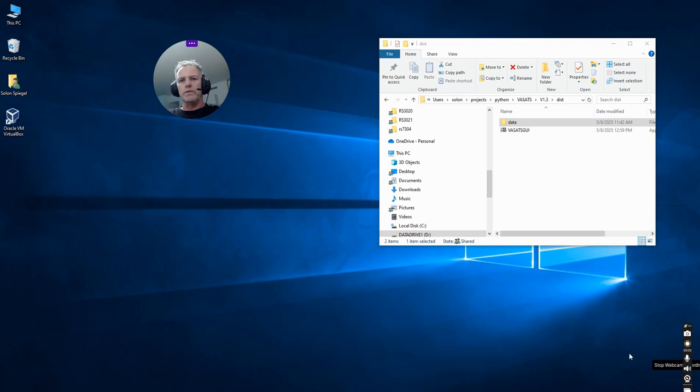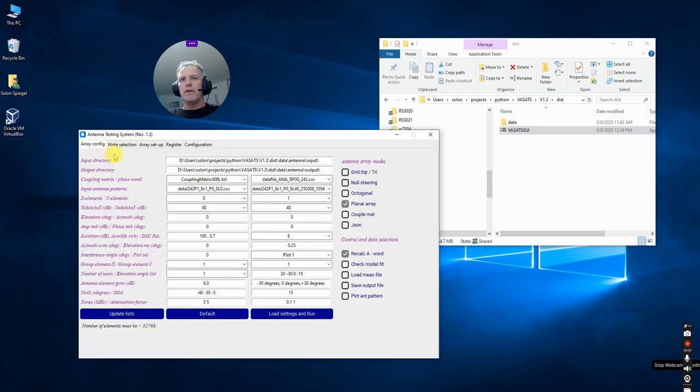In part 2 of the video, we will demonstrate the use of the ATS7308 user interface. So we're going to click to open the executable. We're going to start with tab 1, which is the array configuration, and we'll go into details of all